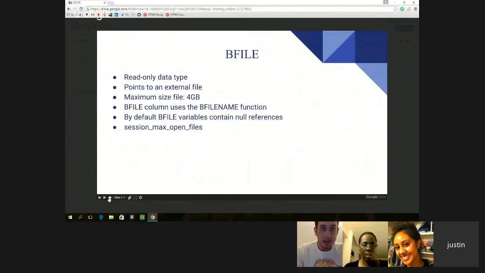So the B-file is a read-only data type. It points to an external file. The B-file name function is used to return a B-file. Before you can even use the B-file name function, you have to set it up to be able to do that by